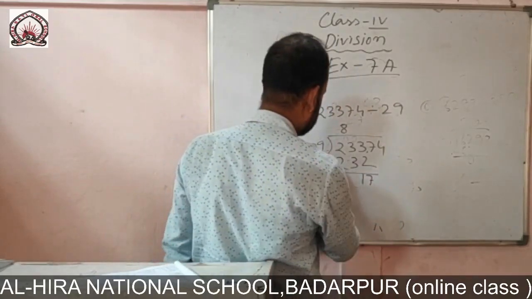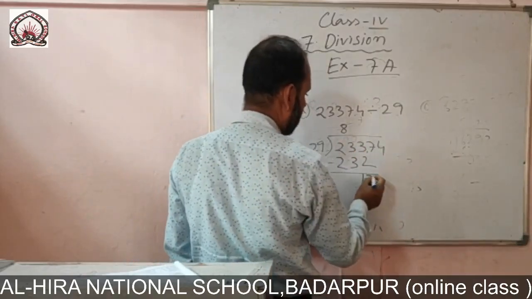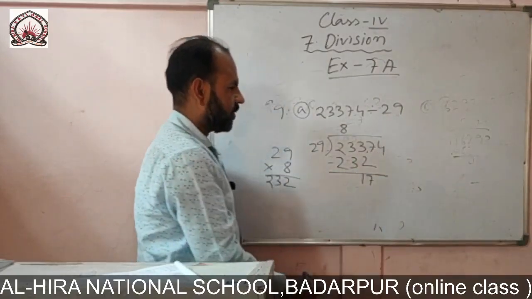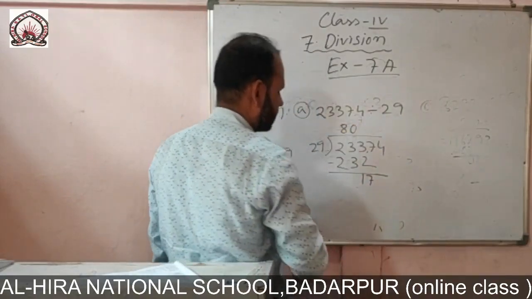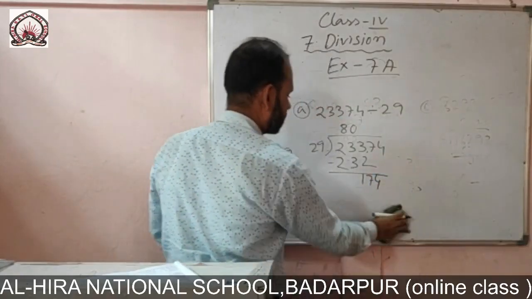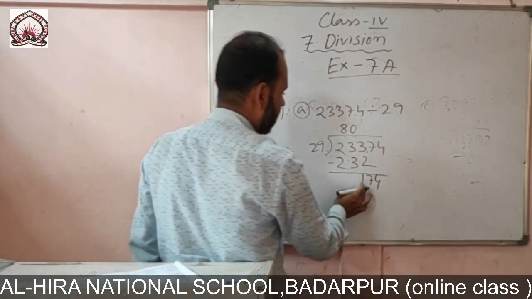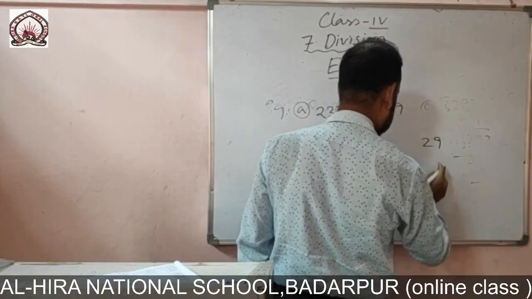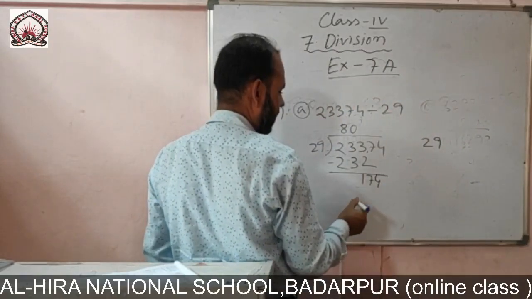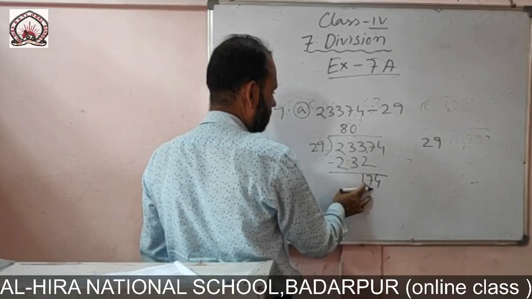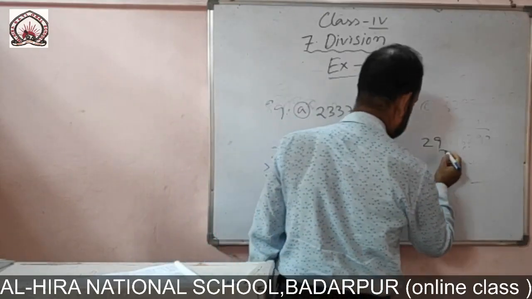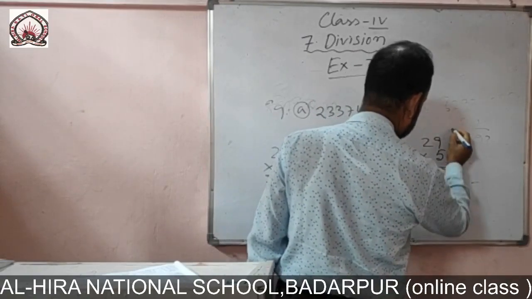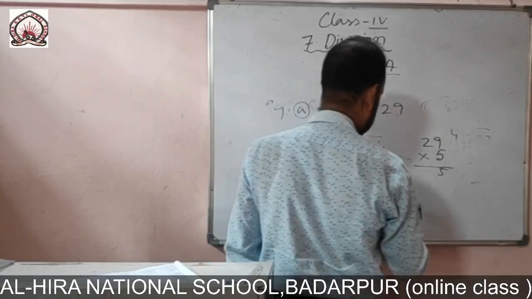Divisor is 29, so we can't. We take down 1, but the rule is if at a time we take down 2 numbers, then here 0. So we take down 4. Now 174. Now we try 29. How many times goes? So it is 5 times. 9 5 jar 45, 5, 4 in my hand. 10 4 14.